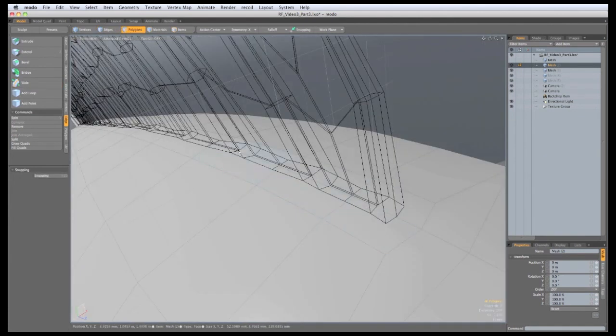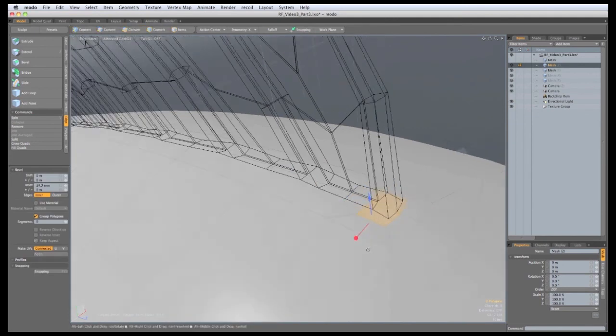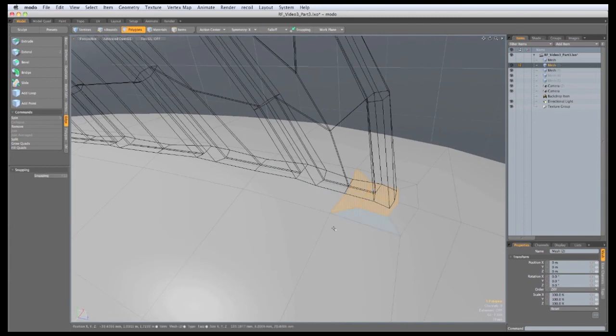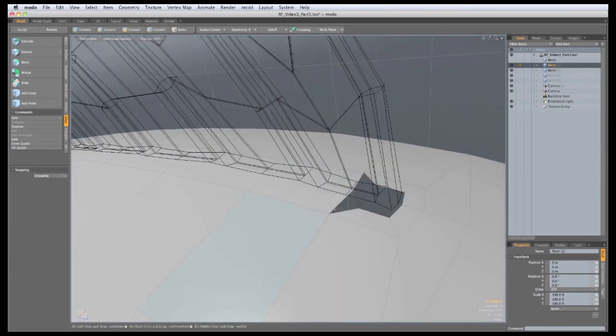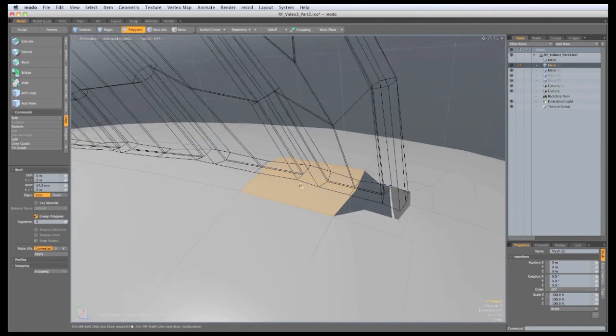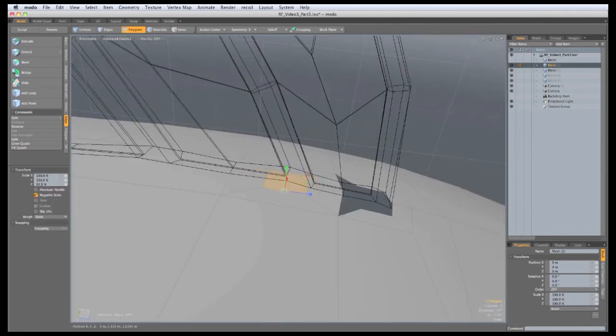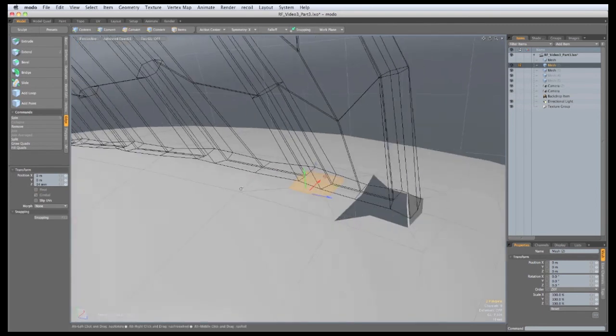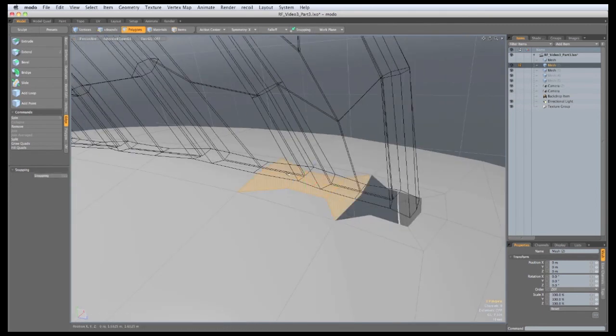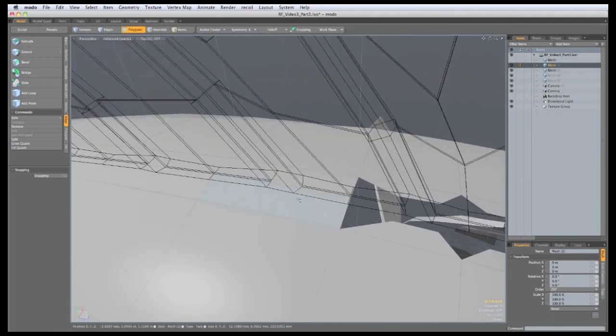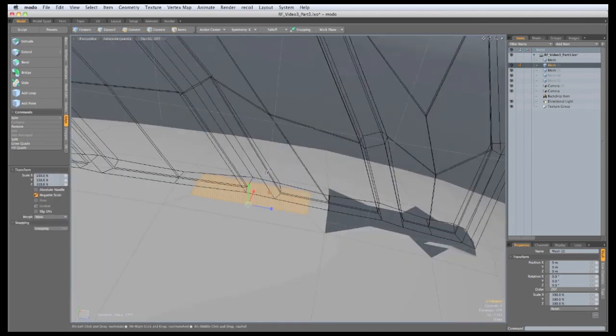So now we need to go along this section, beveling them. So I'm just going to select two polygons, B, click in the viewport, and inset it. I'll hold down shift and select those four polygons and hit delete. Then select these two, B, click in the viewport, inset. You might want to scale it to match it to the size of the base of that spine. Then select those polygons and hit delete, and so on all the way along